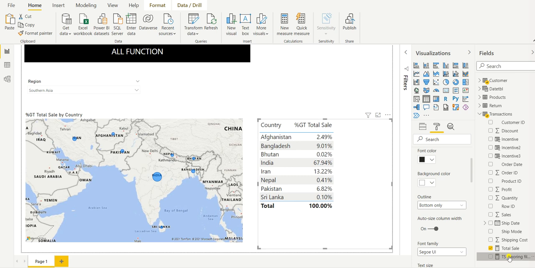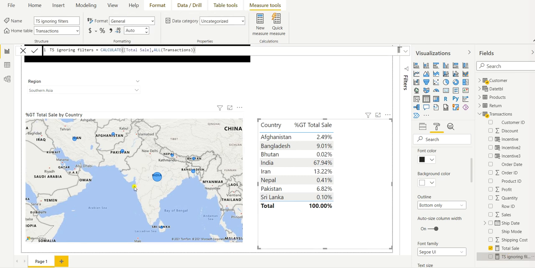As we have discussed, we want to show both the sales: the filter wise sale for Southern Asia, as well as what was the total sale percentage against all countries. So for that we have to divide the total sale. I will insert here total sale divided by CALCULATE total sale.